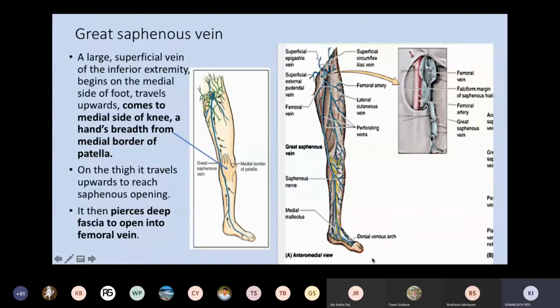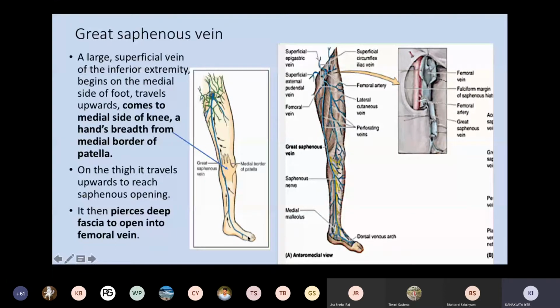Now look at these diagrams. Here, if you see my cursor, say yes, because I am showing you the dorsal venous arch on the dorsum of the foot. Do you see it? Yes, ma'am. This dorsal venous arch is formed by metatarsal veins. Look at your foot and look at the metatarsals. All right. So the veins which will be there will be metatarsal veins, and still more distal.